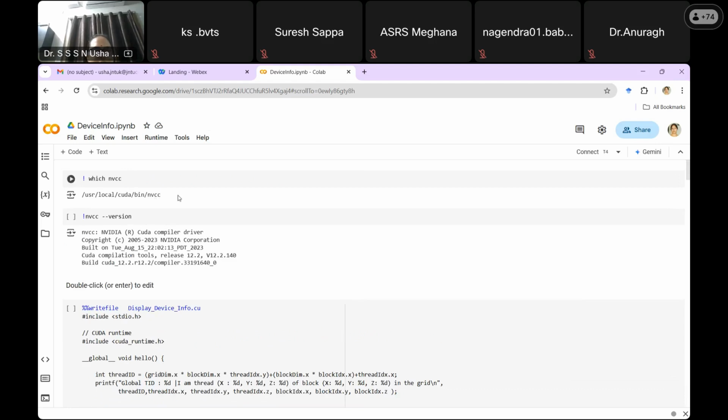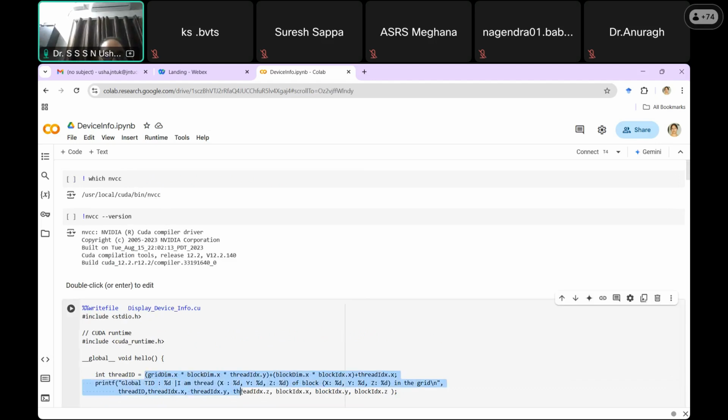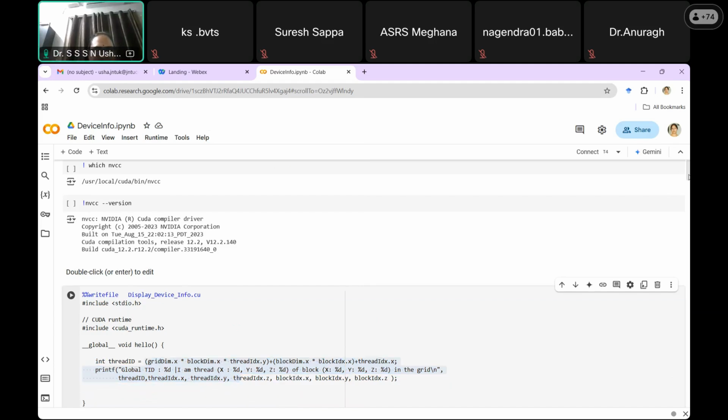So I hope you understand how to write the program. Of course, a lot of background work should be there, because this time is not sufficient to understand each component, this grid dimension, block dimension. I have given a brief idea how to compute theoretically. So if you run the program once or twice, you will get to know. If you theoretically analyze, you will get to know why the ID is like this, why we got the thread ID like this, why we got the grid dimension like this. Just try to practice small CUDA programs, then you will get to know.